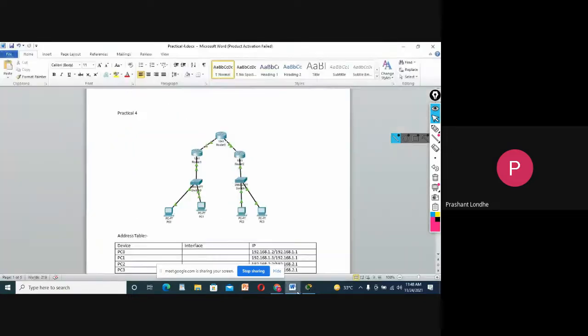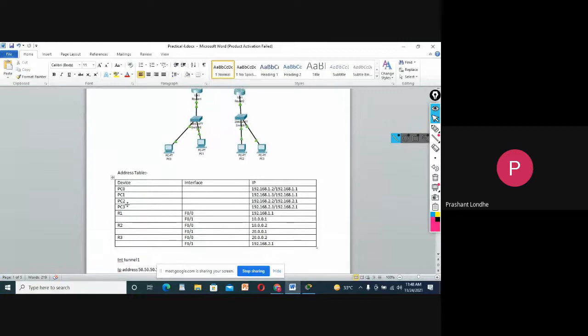Okay, now let us see the addressing table. This is my addressing table. I have 4 machines. One has the default gateway 192.168.1.1, and another has the default gateway 192.168.2.1.